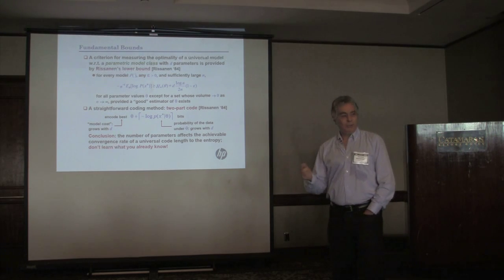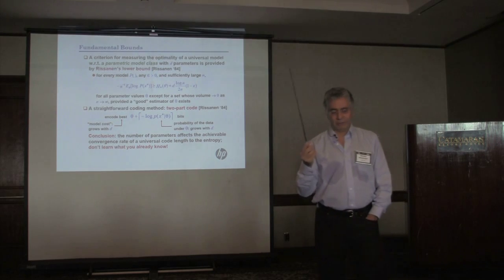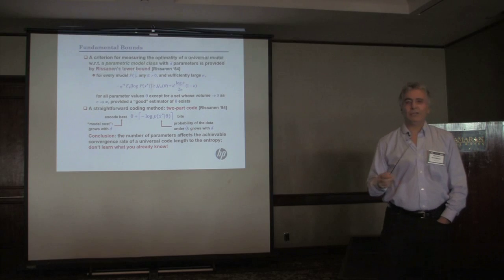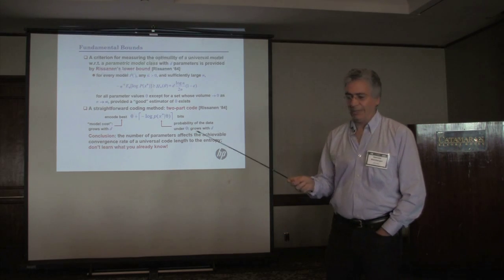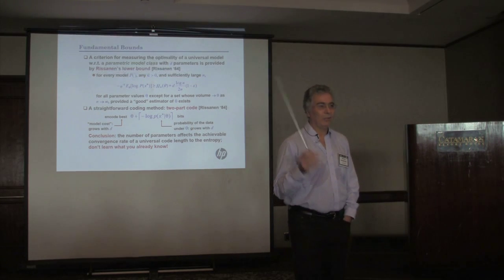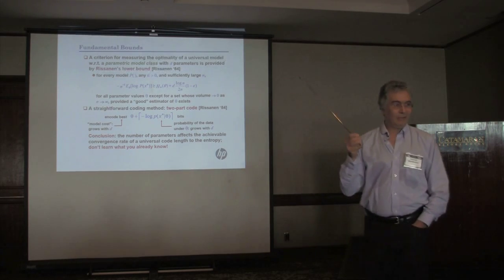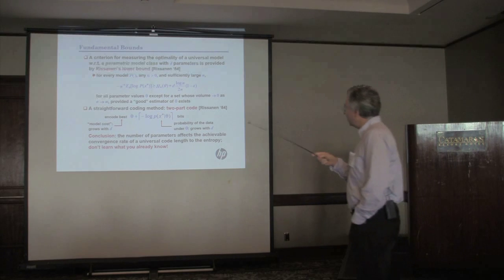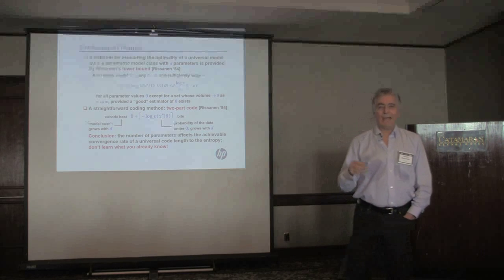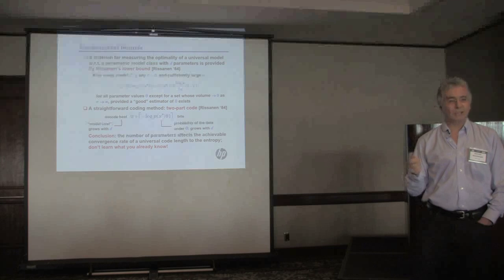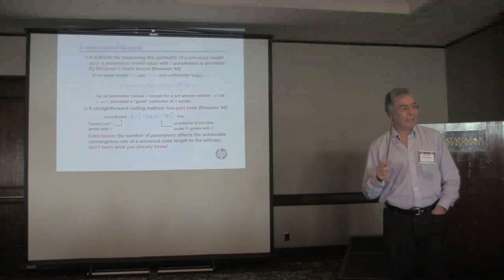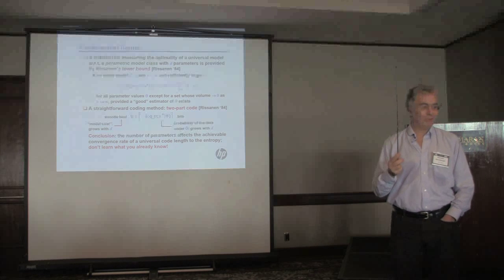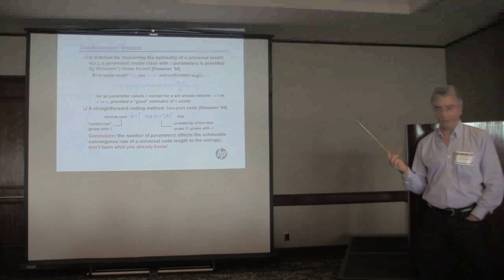Now, some of you may be thinking, especially those who did work on universal coding, how come until the last slide you were trying to convince us that we are going to work only with individual data sequences, and now we are putting a probability distribution on your data when you apply Rissanen's lower bound. So, okay, allow me to do that. I could give this talk without even mentioning any probability distribution other than as a modeling tool, but not assuming that your data is coming from any probability distribution. It's just simpler to do it this way.